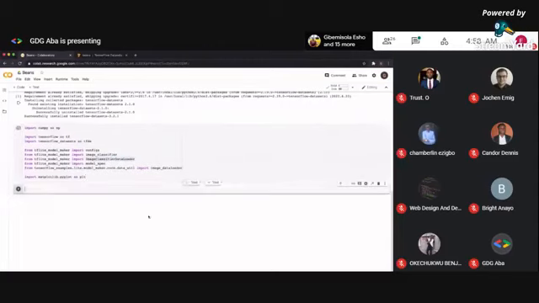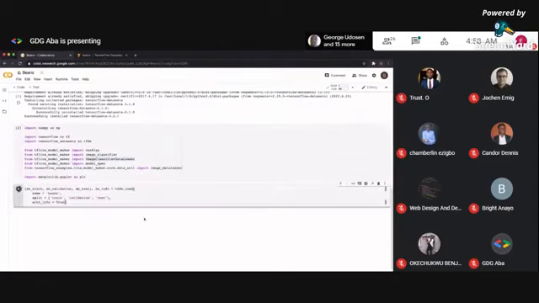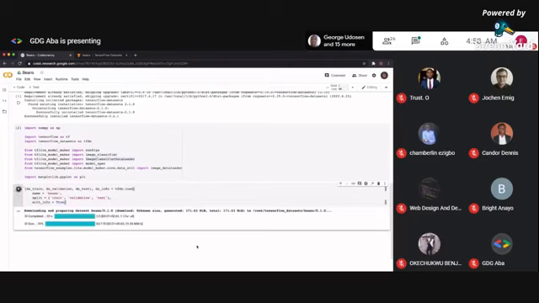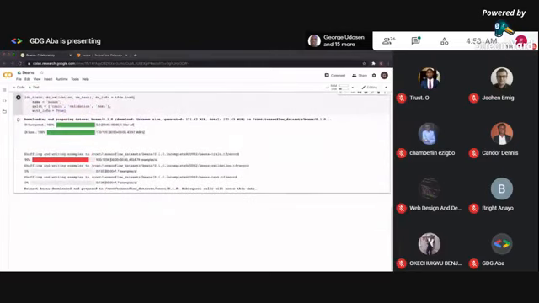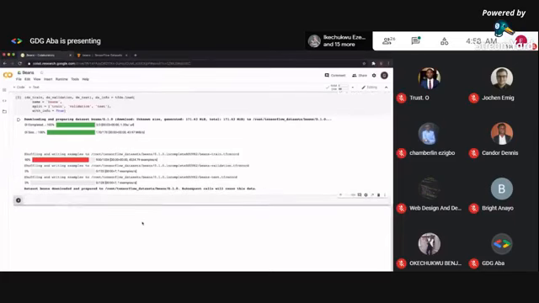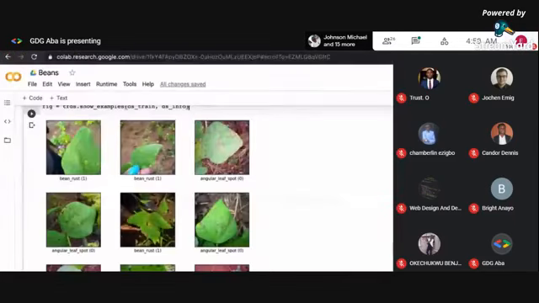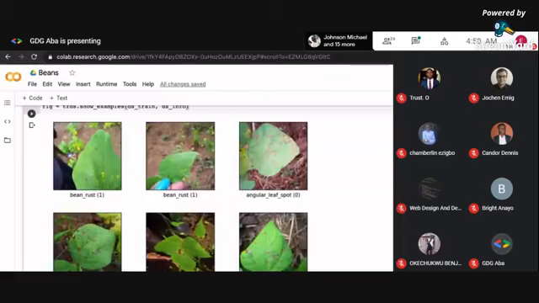Let's download the data and do some visualization to understand how our data is separated. Perfect. We download the data. Let's take a look at some of the images so we can have a better understanding of what we are doing here. Here they are. These are some of the images that will be used for training our model later.